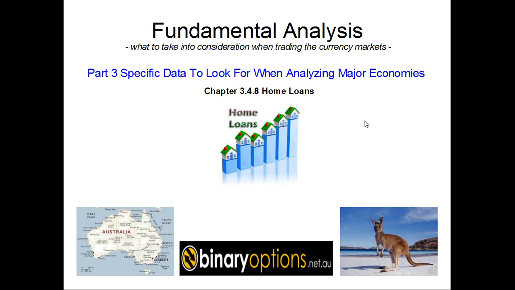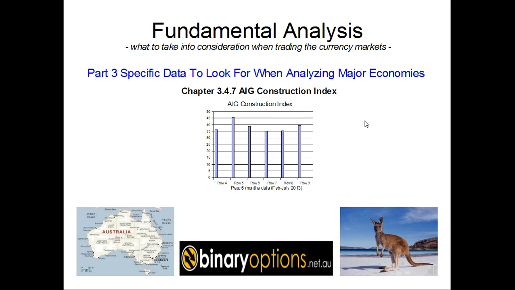Next, we will take a look at, let's say, a second tier indicator called home loans. And the housing industry is important for any economy in the world, not only for the one in the United States where the financial crisis originated, but for all the economies in the world. And the Australian economy should not be different than that. And we'll take a look at this housing data, but that would come with the next recording.